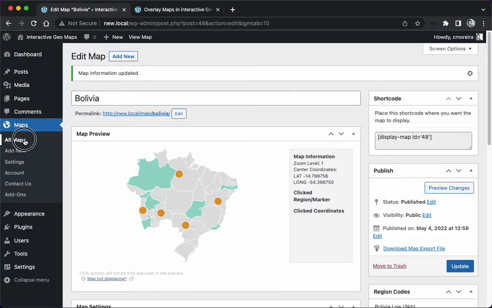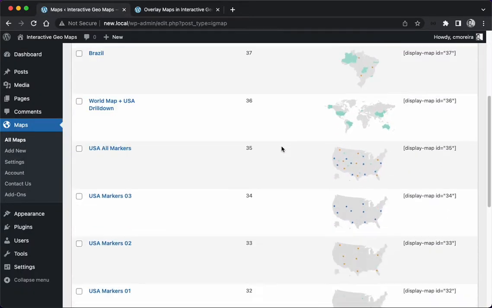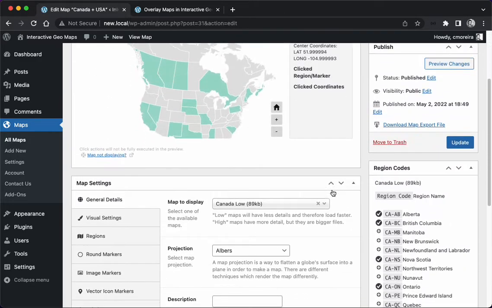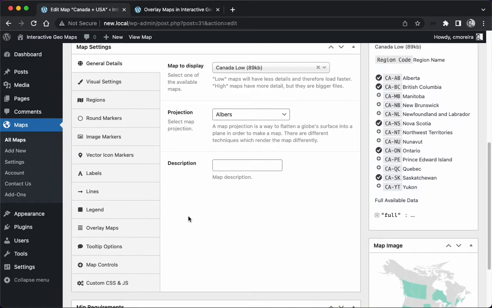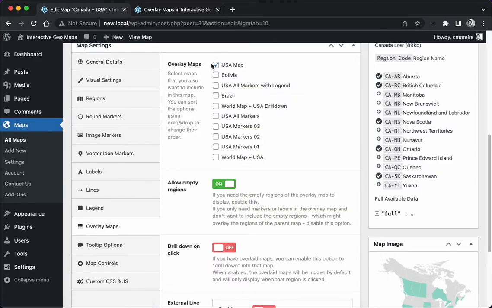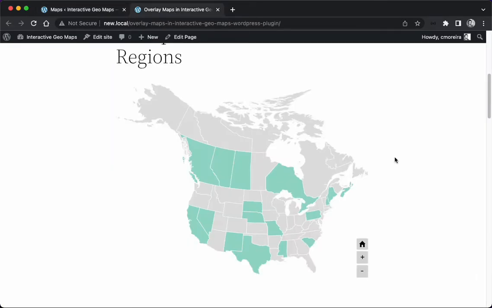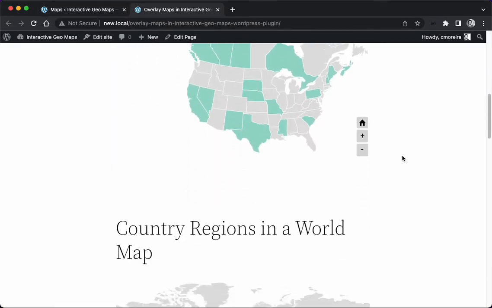Actually, if we go back here to the maps, and here Canada plus US, where I have the Canada map displaying and I have the US map selected as an overlay. You could also have an empty map and have 2 overlays, but this way it works better. Okay, going to the next